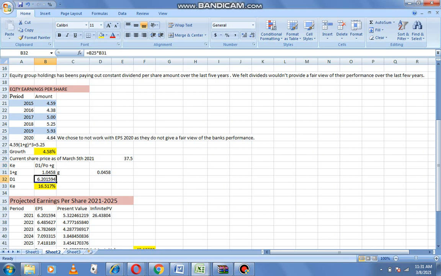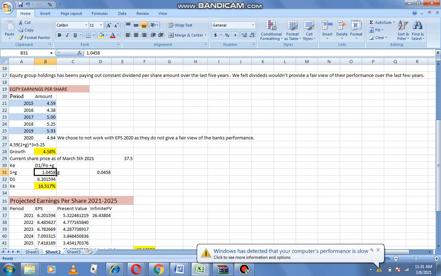Yeah, so just follow here on my formulas bar. So I took B25, and B25 is the value of 2019. I multiplied it by B31, that is 1 plus G. So that's what I mean by